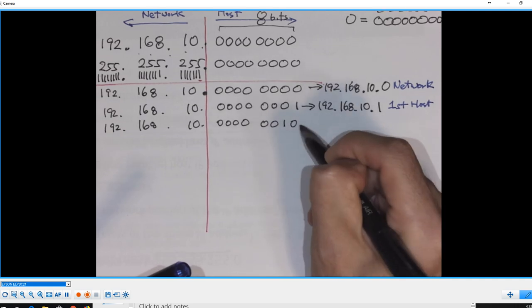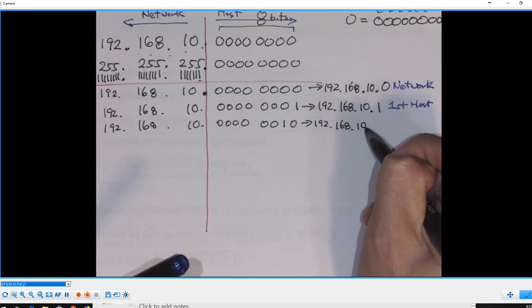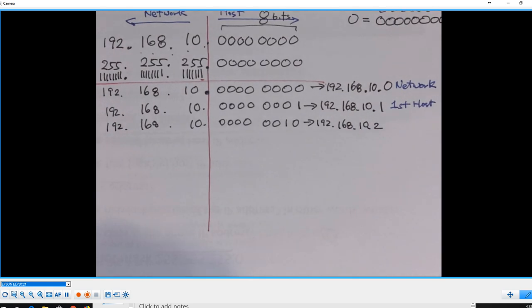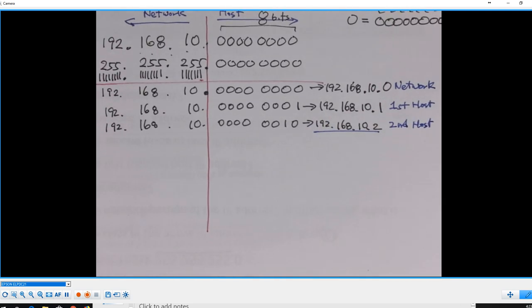192.168.10.00000010, which is what? 192.168.10.2, right? And so this is what? The second host IP address. Okay, so just keep going, right? The last one